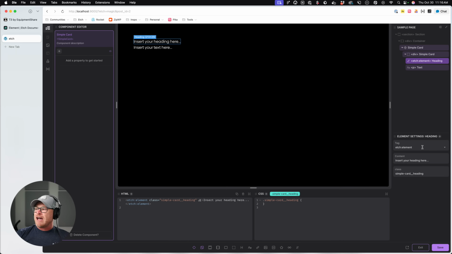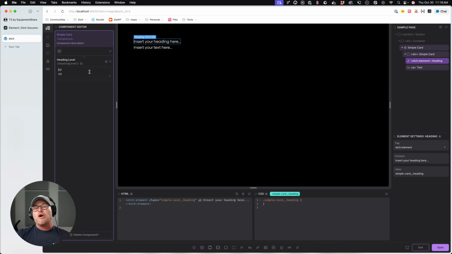And then you have this select box, but this isn't just a select box. It is a combo box, right? So that means it actually accepts anything, even dynamic data. And so if you made a selection over here and you said heading tag or heading level or heading whatever, this is completely up to you. We'll do heading level. And I just choose what I want the options to be.